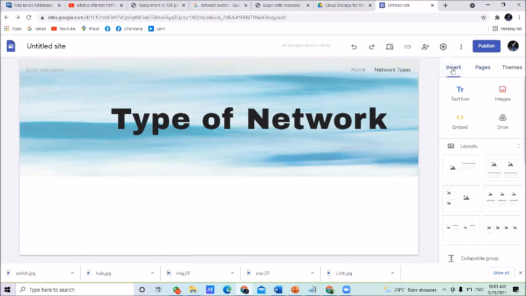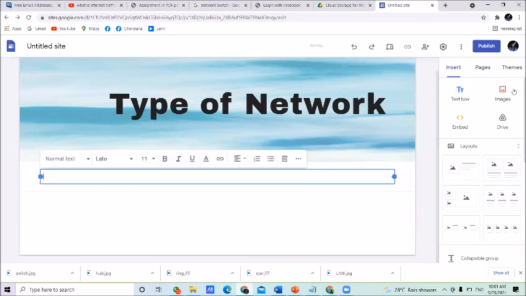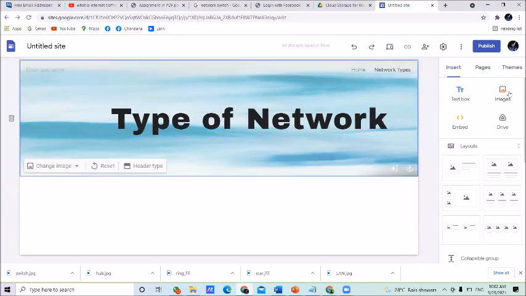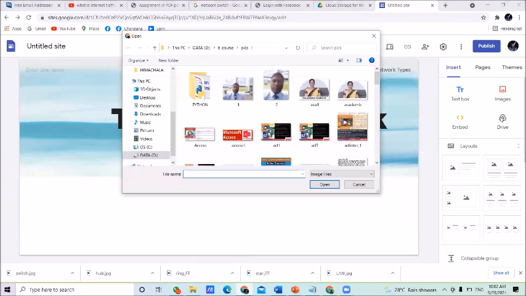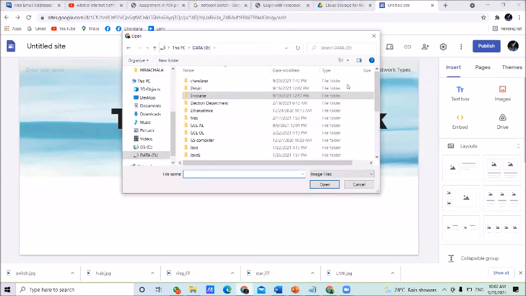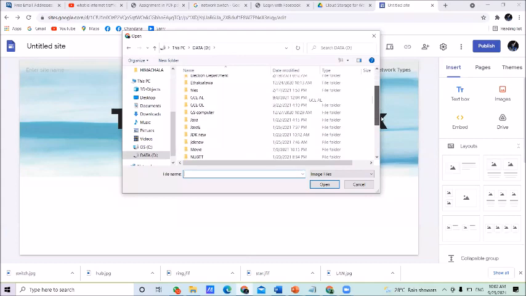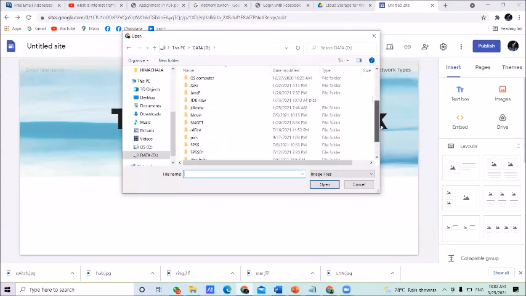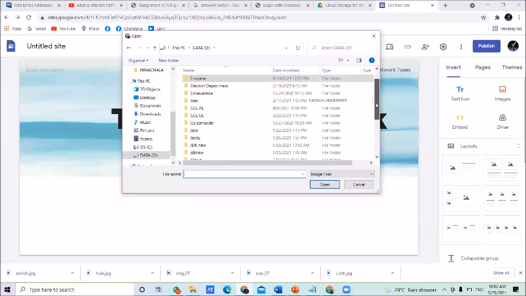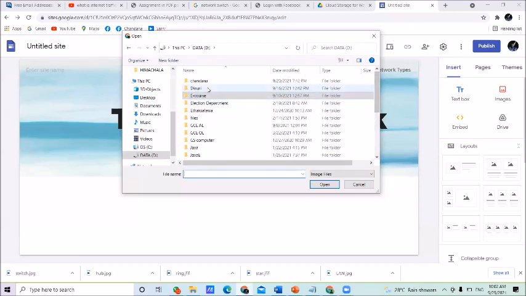Suppose I try to insert an image. Then click on insert. Click on the image here. Click on upload. Then I am going to insert the picture from the computer. Therefore, I selected the upload option.